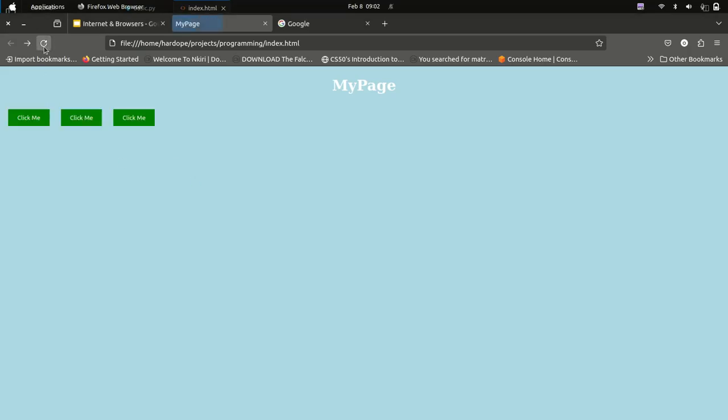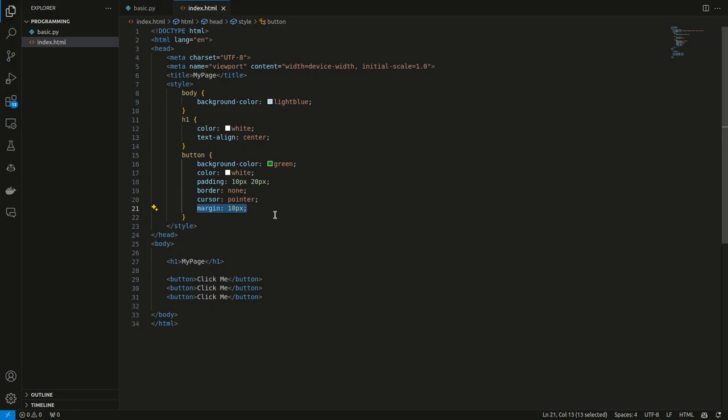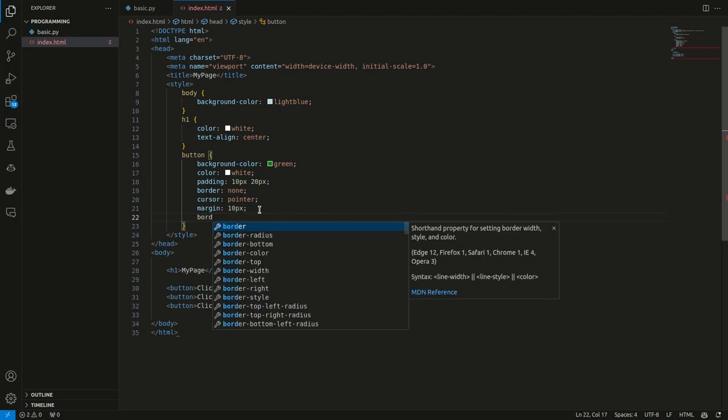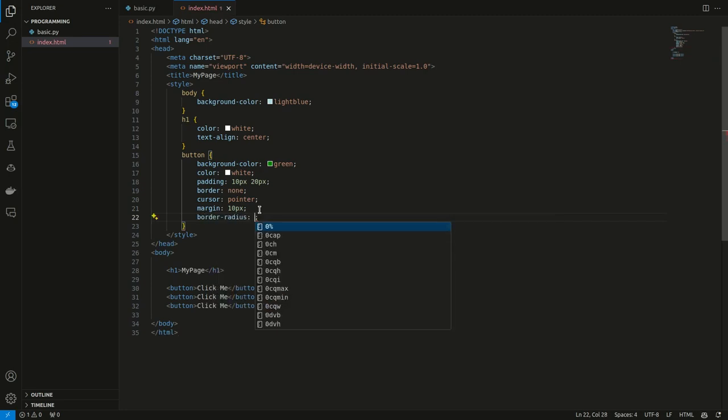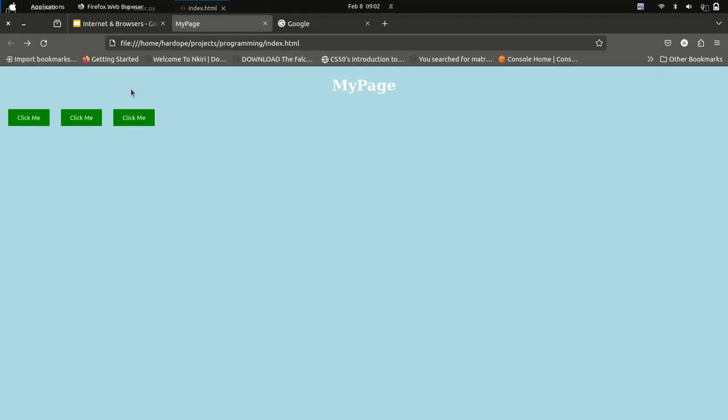So when I reload my page, we have something that looks like this. It's quite fun. Now let me change the border radius so it looks like it has round edges. So now I can say border radius, let's say 15 px. Now it will look rounded but not too rounded. So now you can see it looks something like this. It looks much better than before, right?